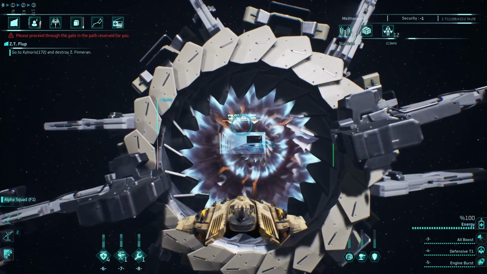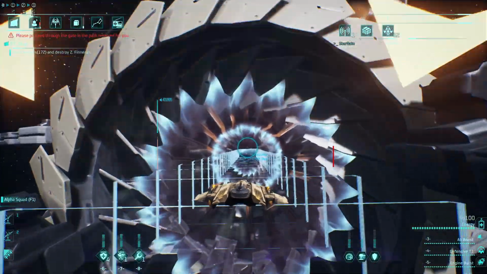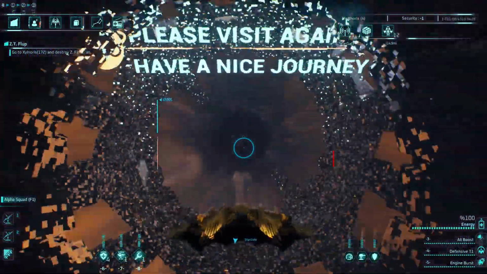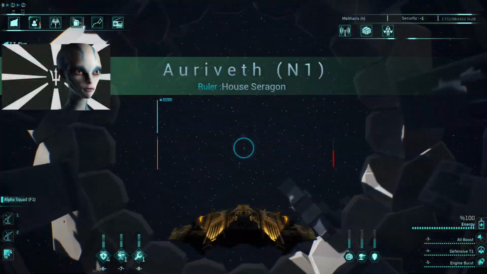You go through your path reserved for you. Instead of actually having to go to each individual star system, you have this little